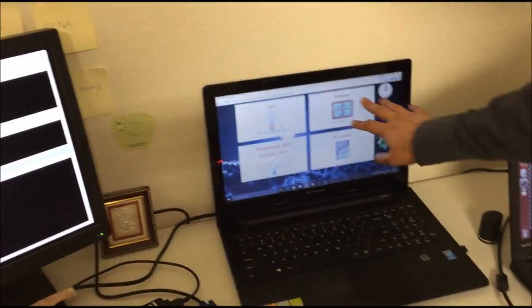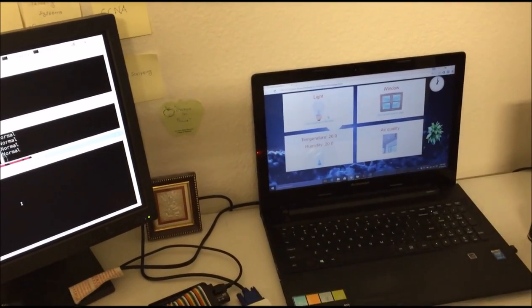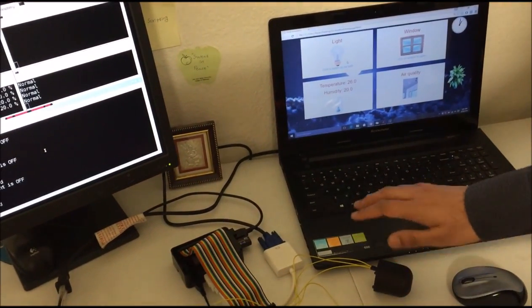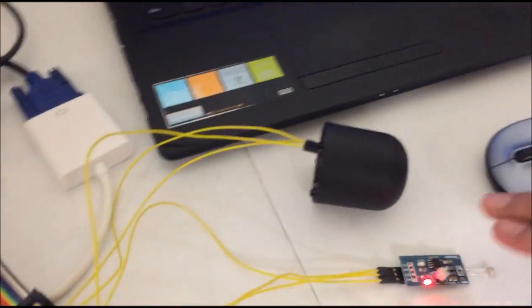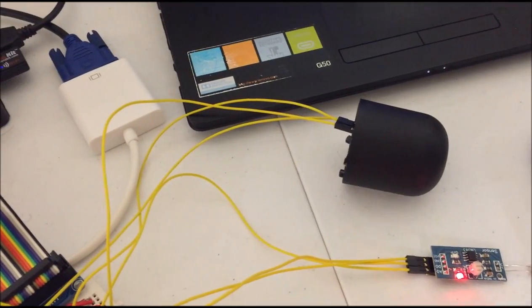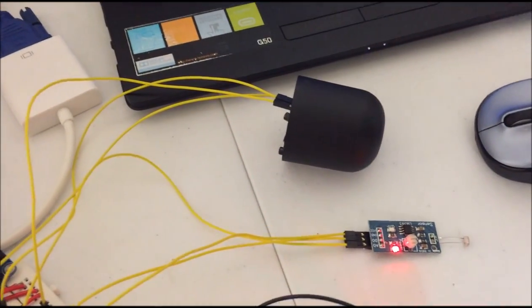As you can see, the window is closed, and in the GUI also the status of the window is closed. I have blocked the motion sensor detection now, so it will not be sensing anything, and the light detector is also not detecting anything, so it is a night scenario.